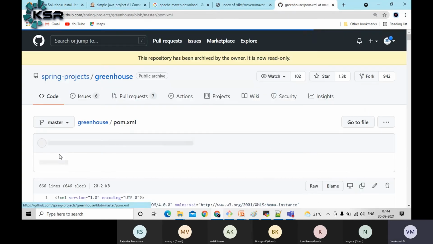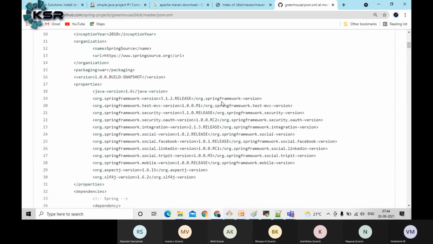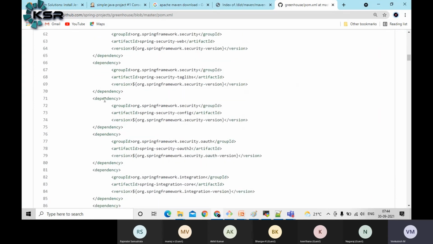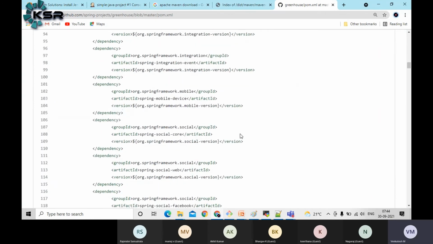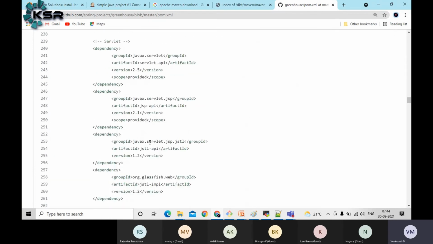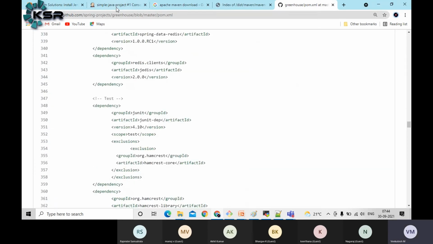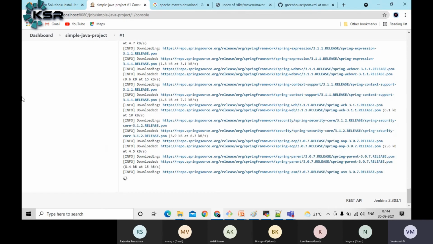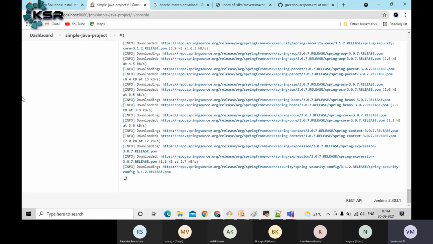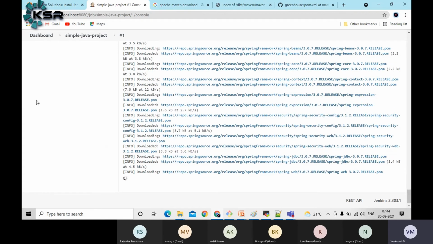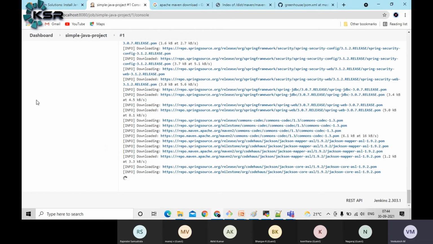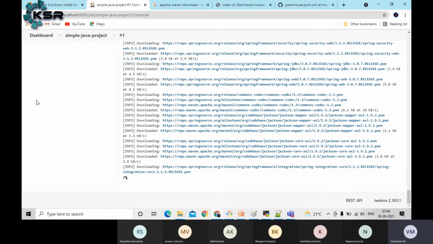See this pom.xml, you will see a lot of options here. Whatever things you are seeing, all these are different plugins, guys. Here, see, dependencies are there, right? So everything is trying to download from the internet. That's why it will take a lot of time, guys. This is also a one-time setup. So what it will do, it will download all the Maven dependencies into a separate folder. That part we will thoroughly cover during our Maven sessions. As of now, let's wait. It may take more than 5 to 10 minutes also, guys. Since this is a new setup, from the next execution it will take less time.